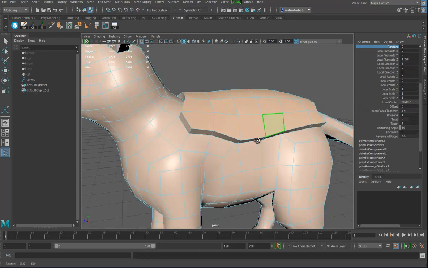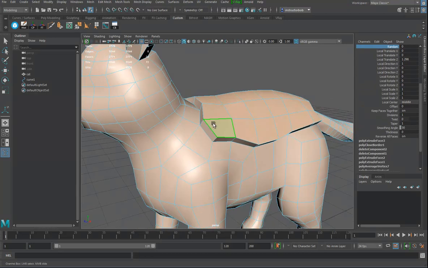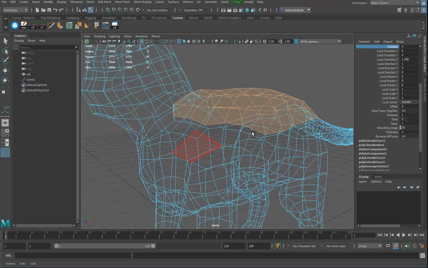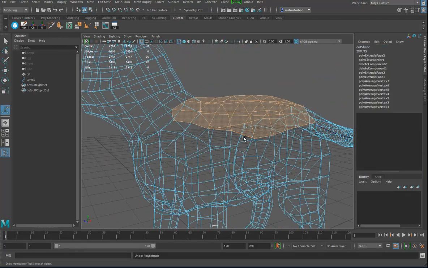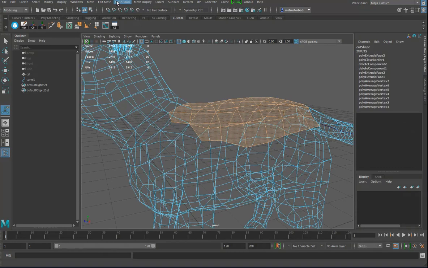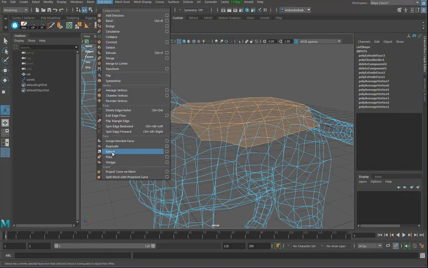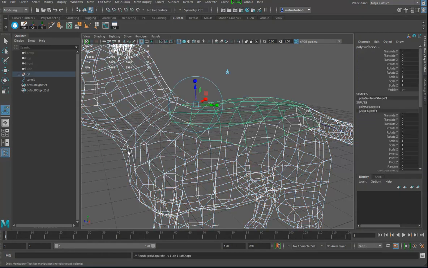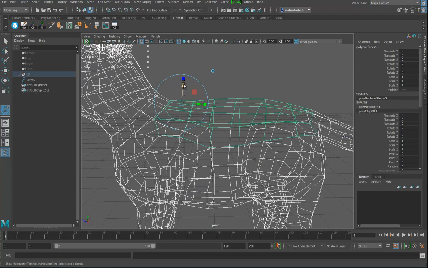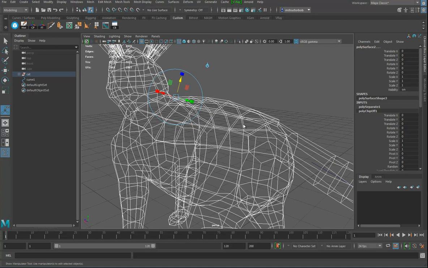But if I want to make some kind of saddle, you notice that this gives me a hollow piece in here. And because this is a solid closed surface, if I hit 4, you can see that this is closed. Let's go back a bit, right here before we extruded. I'm going to take those faces and hit duplicate, duplicate face, and I can pull these off,